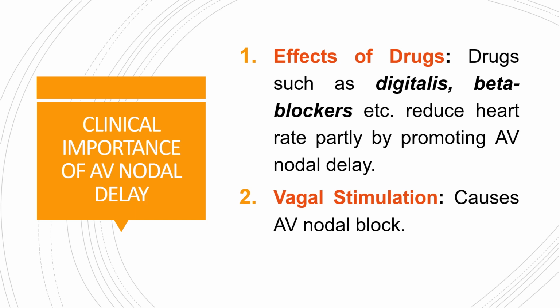You have seen that when you give the sympathetic impulses, it will decrease the delay further, means more and more of impulses will be conducted to the ventricles, while the vagal stimulation will increase the delay, means less of impulses will be transmitted to the ventricle. So drugs like digitalis and beta blockers etc. reduce the heart rate partly by promoting AV nodal delay,